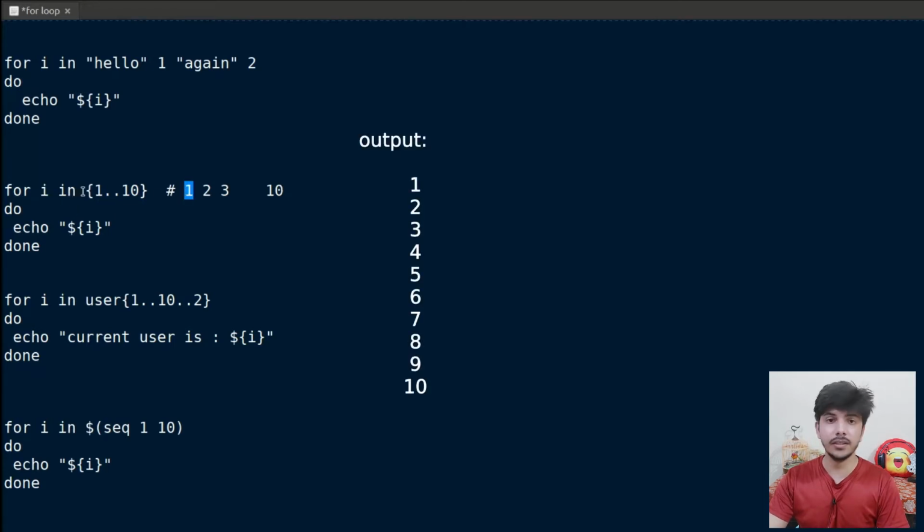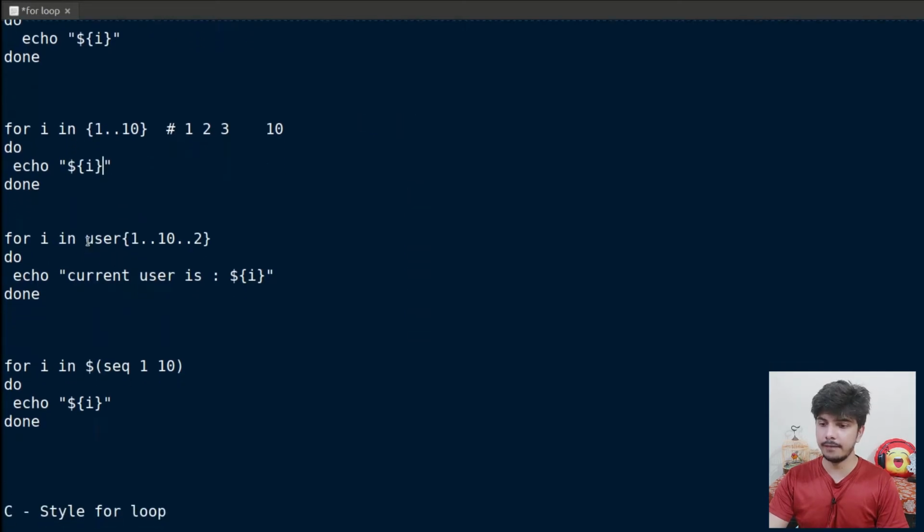So in the first iteration the i value will be 1, in the second it will be 2, then 3, then 4, and it will run up till 10. In the last iteration $i will give me the value 10. With brace expansion, I have given another example in which I am writing